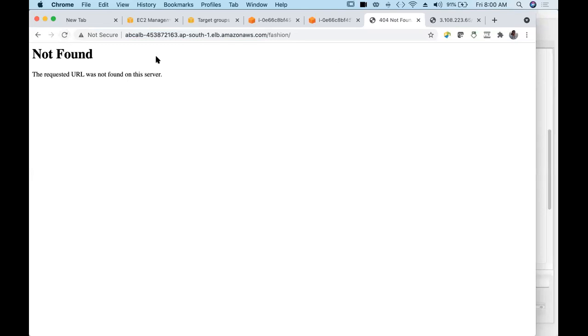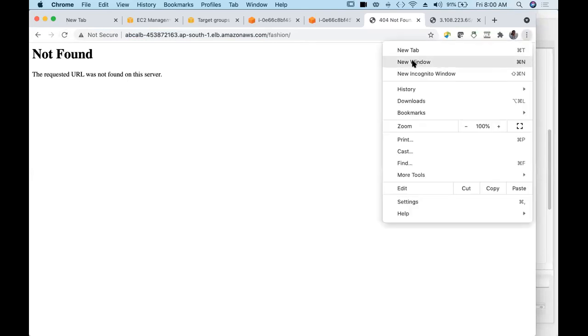Meanwhile, we will look into network load balancer. Try this. You will get this. If not, we will try in incognito mode. Sometimes it's because of your browser also.